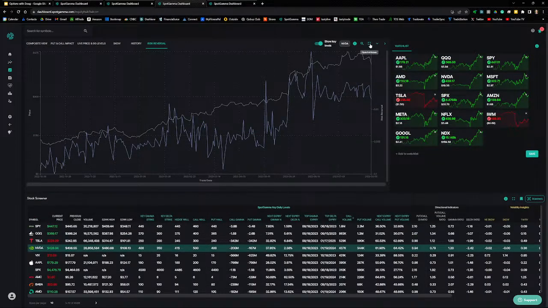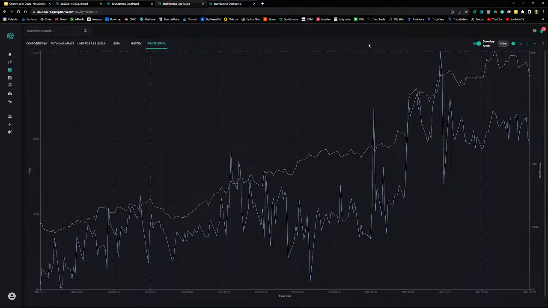with NVIDIA. This is in Equity Hub, SpotGamma Equity Hub, and this chart is showing price with this line here and the risk reversal. This is the implied volatility of a 25 delta call minus the implied volatility of a 25 delta put. When this line is rising, that means the implied volatility for calls versus puts is increasing, and implied volatility is